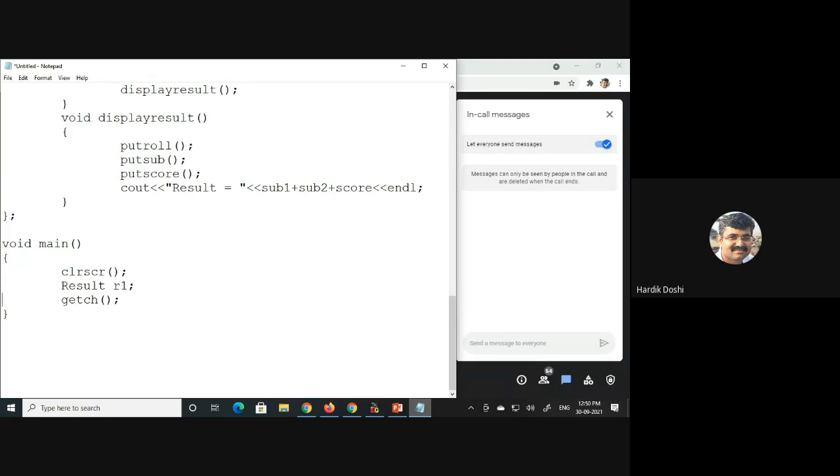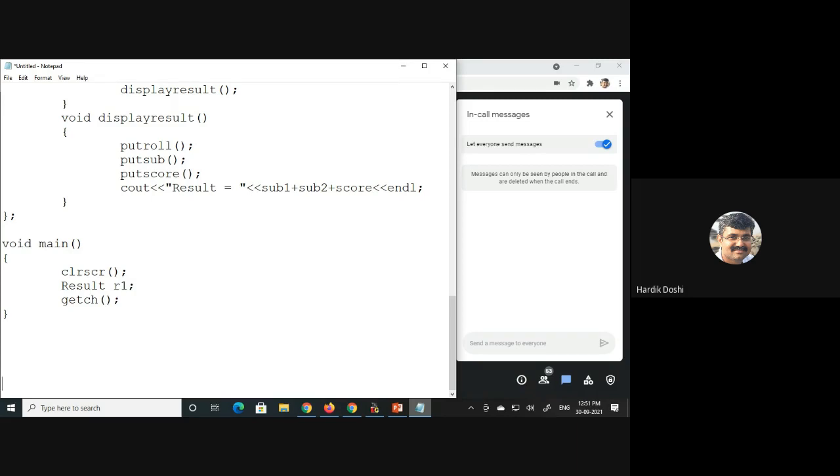But sometimes it may happen that I need not display the result immediately. I need to display it on some event. When I click on a button, at that time it should display. But at that time I cannot do this. It depends on the requirement. Is it fine, all of you? This is all about inheritance.